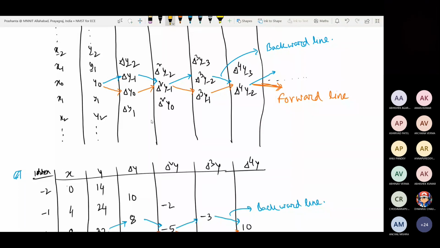Now what will come in a linear combination? Arbitrary constants. If x1 and x2 are two vectors, what is the linear combination? Alpha 1 x1 plus alpha 2 x2, where alpha 1 and alpha 2 are two arbitrary constants. If x1 and x2 are two numbers, the linear combination will again be alpha 1 x1 plus alpha 2 x2. You have to determine them. So here also you have to determine the constants in that linear combination. If you are able to do that, then that will give you the formula.